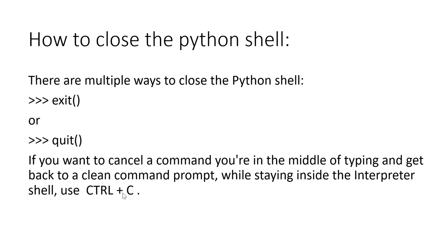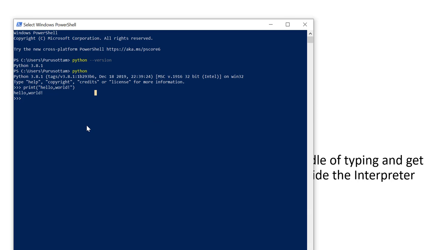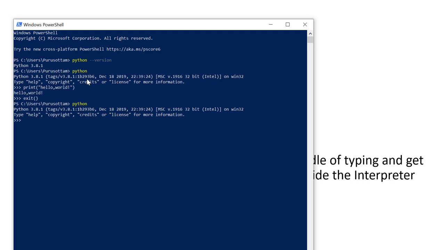Let's check. Exit here. After the command exit, you get out from this Python. After that, type python to run the code.